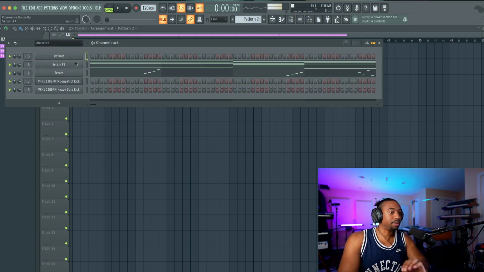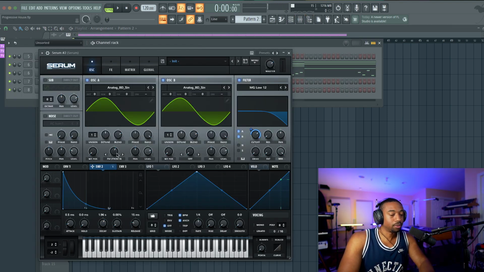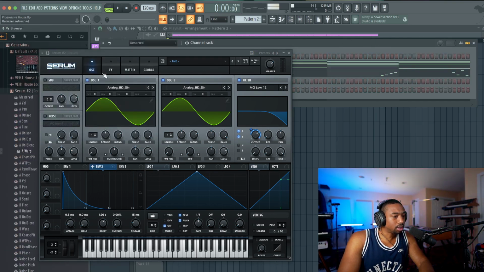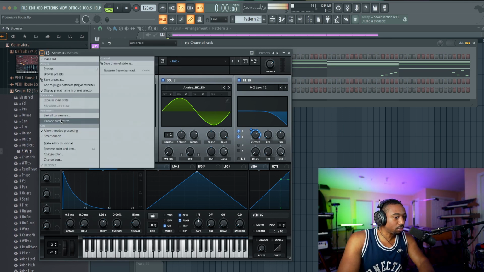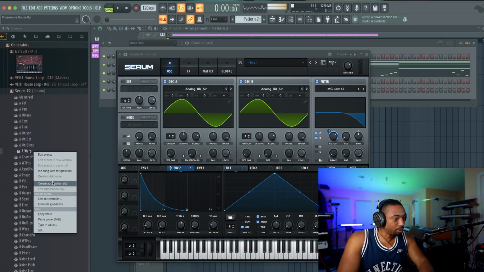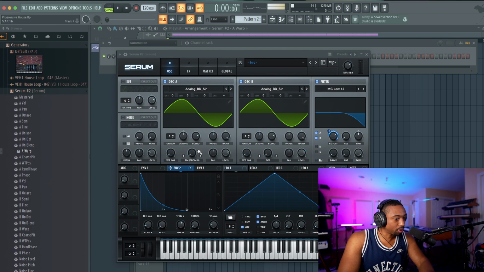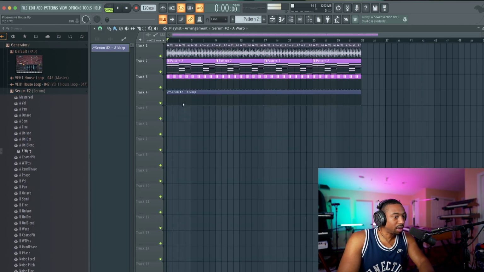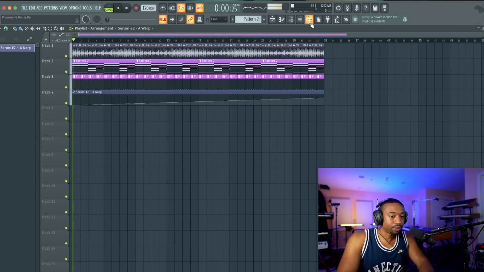So let's say you wanted to, let me see if we can modulate this. I think we can. Yeah, we can. Okay, so what I'm going to do is turn this down. I'm just moving the knob. Go to the top left, go to Browse Parameters. It will light up the thing that I'm moving, in this case, the warp on A. Let's create an automation clip. And basically, I can turn up the amount of FM synthesis over time, and that will brighten up the harmonics of the sound so that it feels progressive.